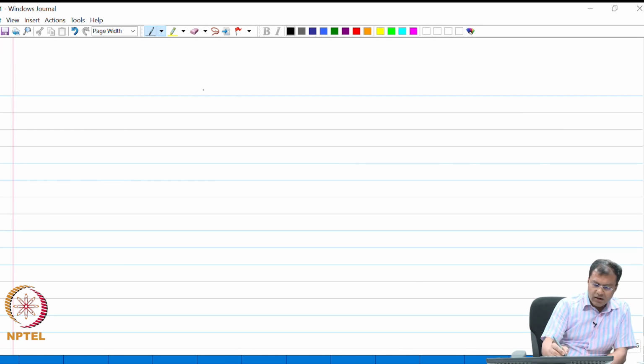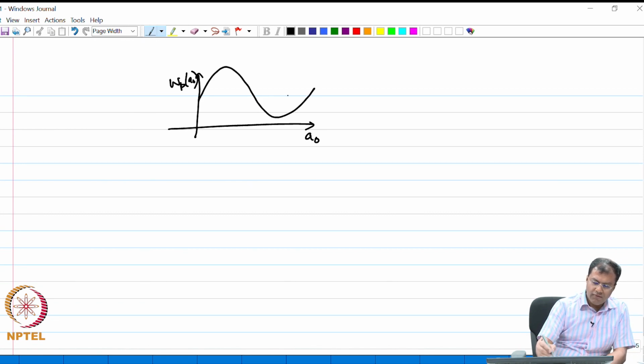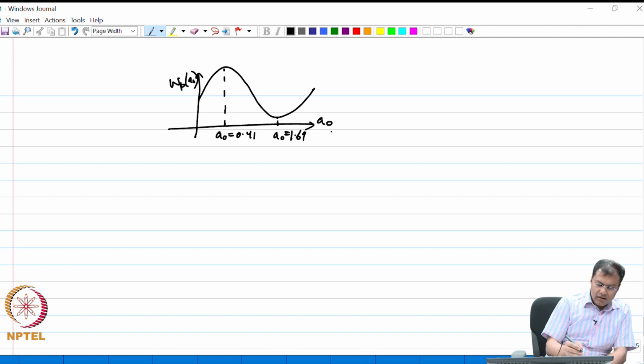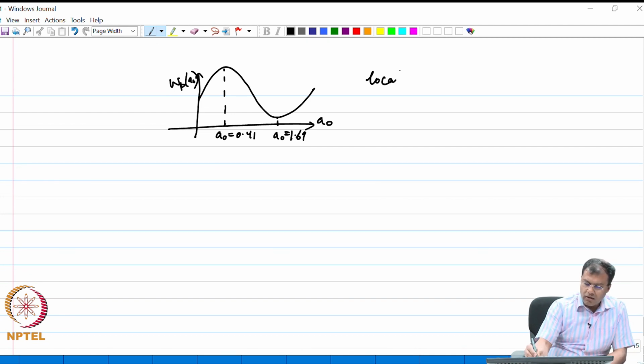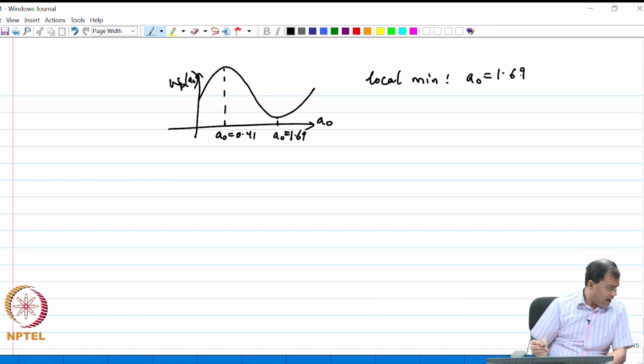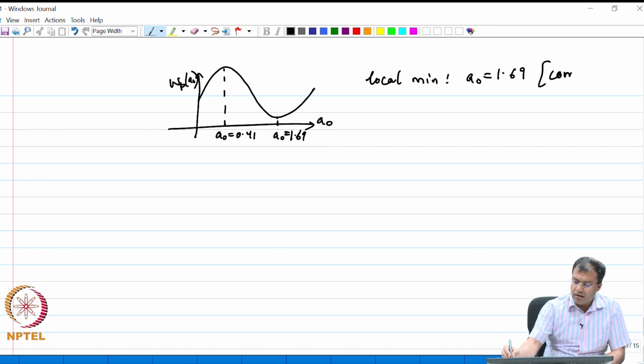We plot numerically and highlight W_p of a naught versus a naught. We see that we get the following curve, where we obtain this maxima at a naught equal to 0.41 and the minima is obtained at a naught equal to 1.69. This is my a naught axis. So, we can see that the local min is at a naught equal to 1.69, and